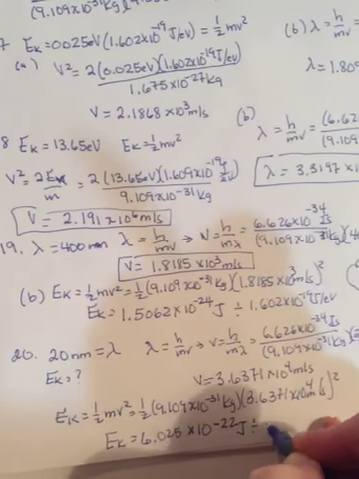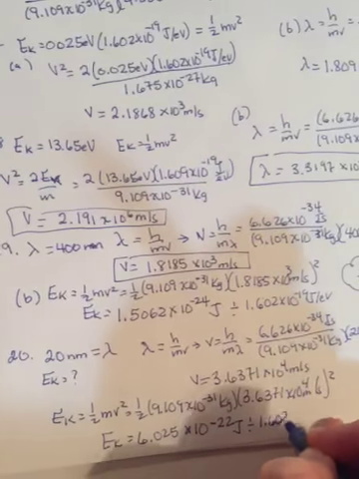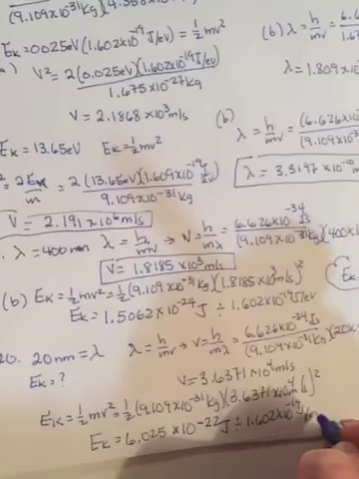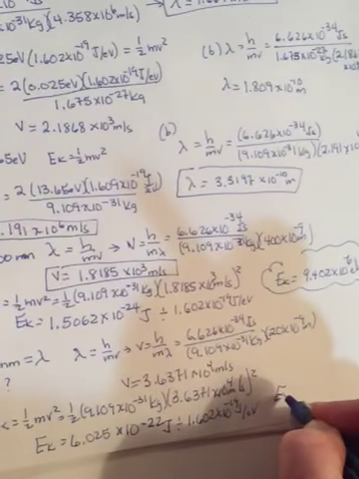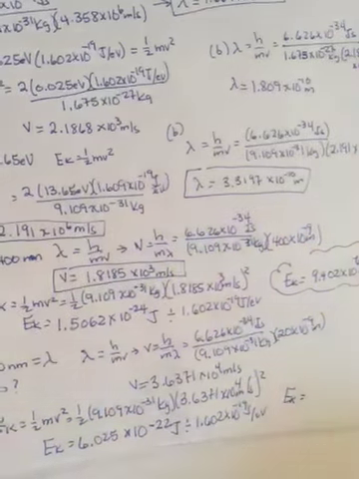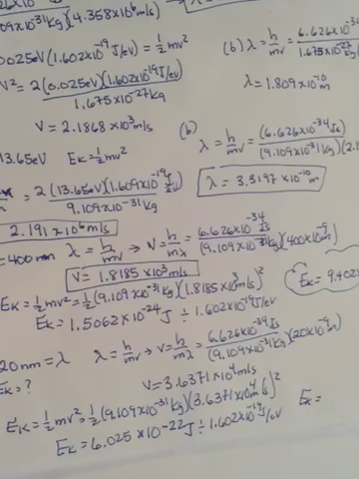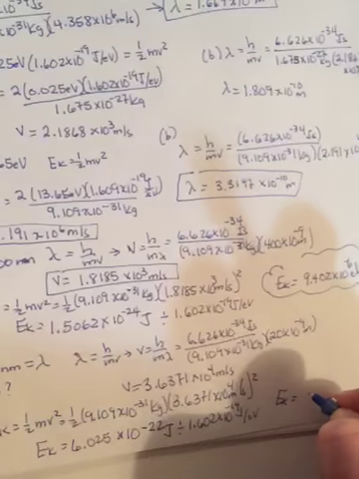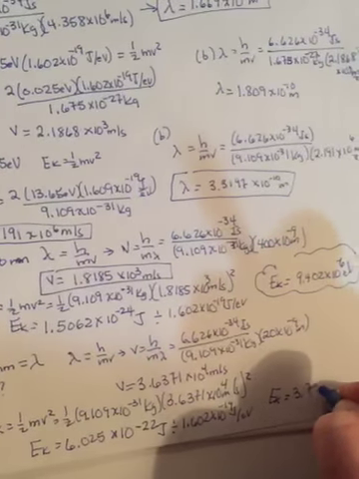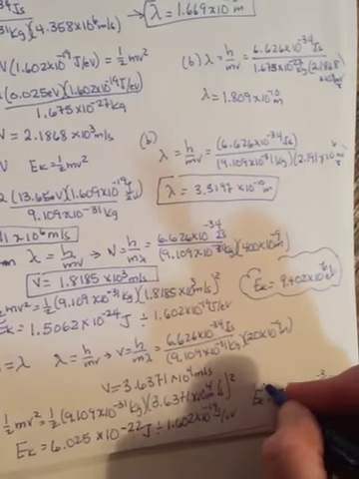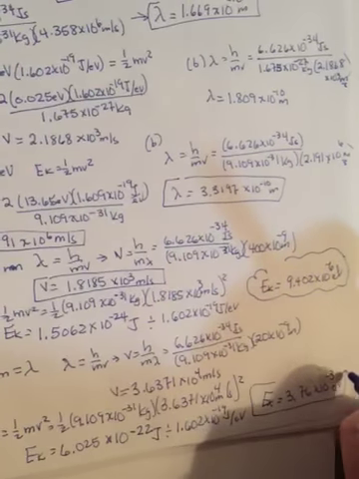And you have to change that to electron volts by dividing by 1.602 to the negative 19 joules per electron volt. And when you do, you get an EK of 3.76 times 10 to the negative 3 electron volts. Your answer for